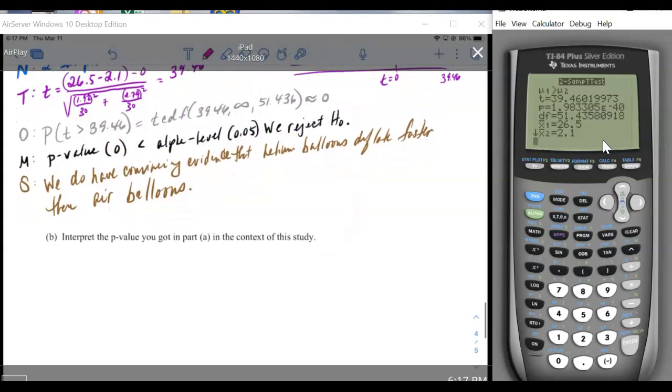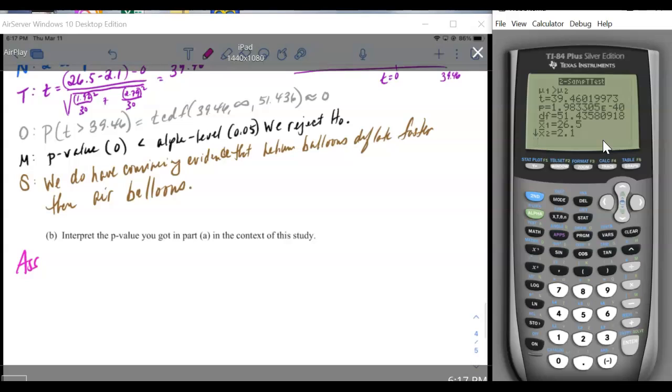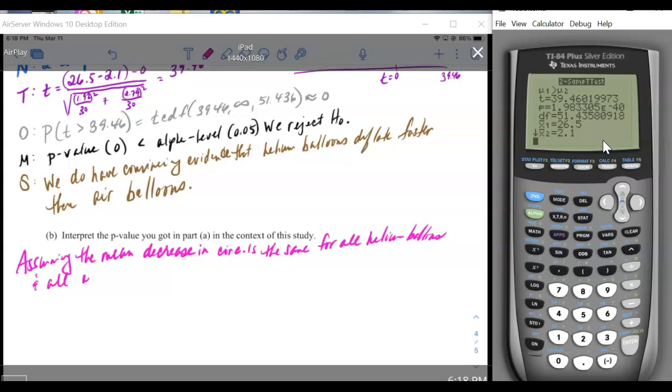So we're saying, assuming that the null hypothesis is true, so assuming that the mean decrease in circumference is the same for all helium balloons and all air balloons,